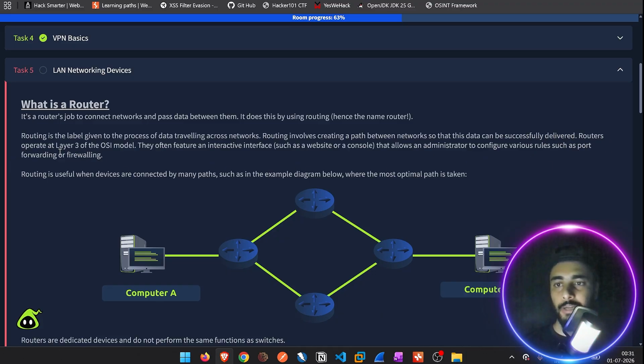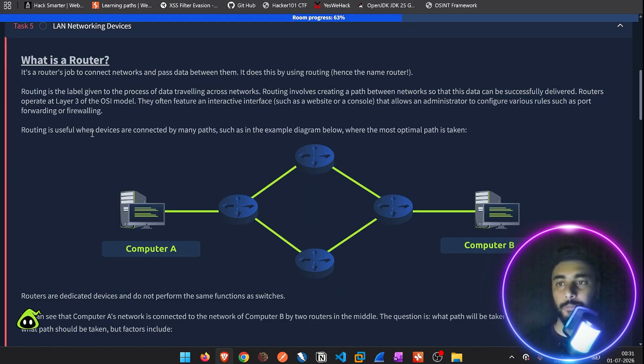Routers operate at layer 3 of the OSI model. They often feature an interactive interface such as a website or a console that allows an administrator to configure various rules such as port forwarding or firewalling. Routing is useful when devices are connected by many paths, such as in the example below, where the most optimal